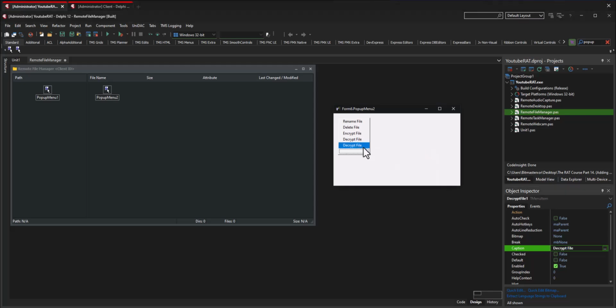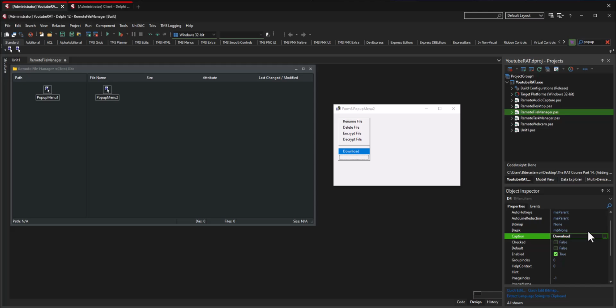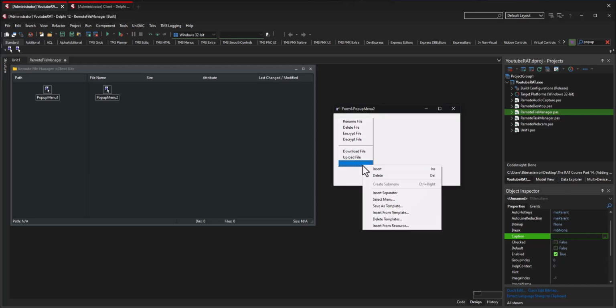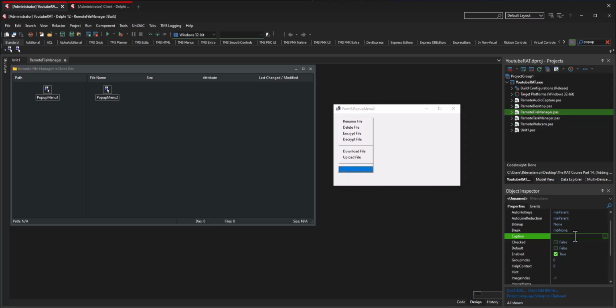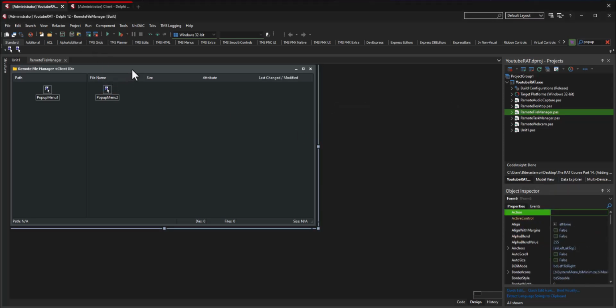Let's right click on this, like here, delete this one, right click, insert separator. And then we'll come down below the separator and we're going to continue with download file, okay, and upload file, like that. Now we're going to create a new separator. So insert separator, come below the separator, and we're going to create execute file. And we're going to also do execute hidden. So that will do just fine. Just make sure you copy what I did and you'll be fine, okay? So now we save that and we have an entire file management platform that's going to be fully set up